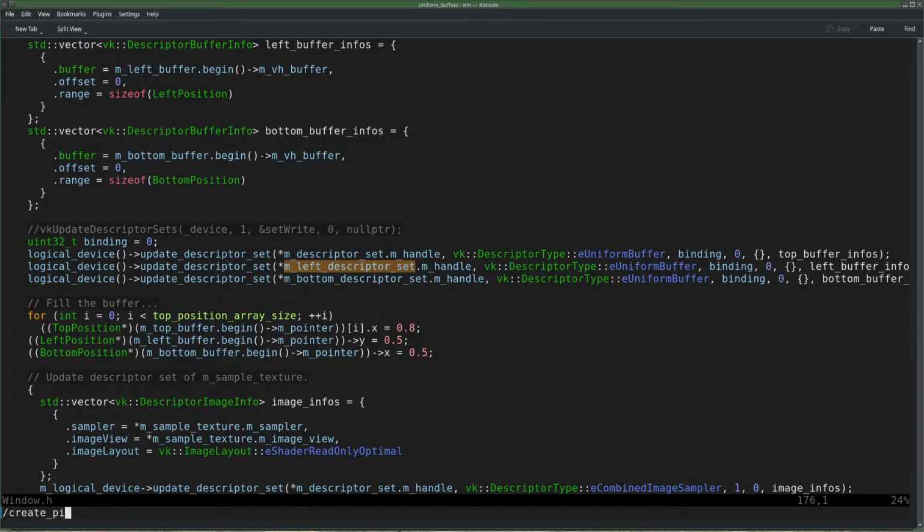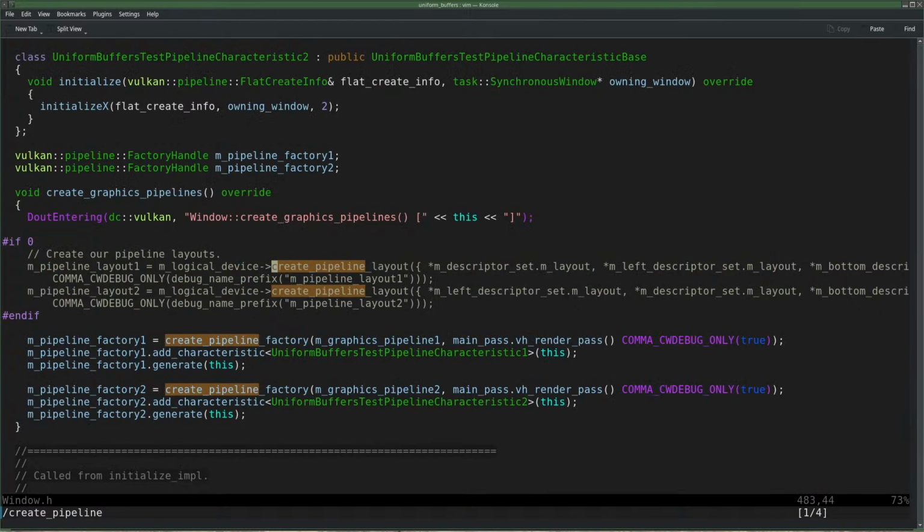Create pipeline. Which is commented out. What? Don't tell me I commented this out while it is still needed without adding a comment.